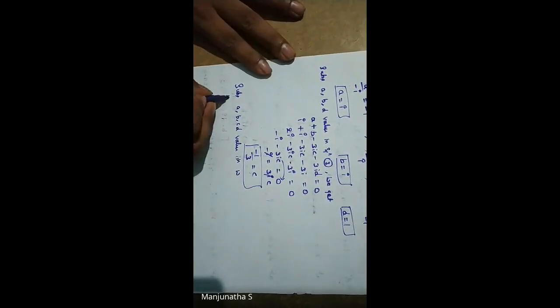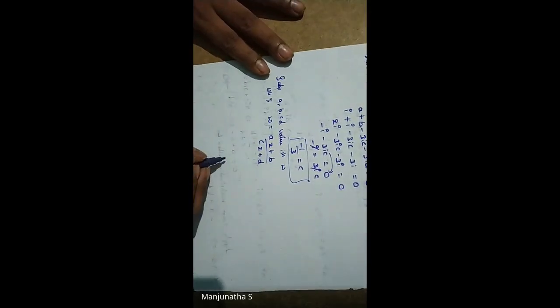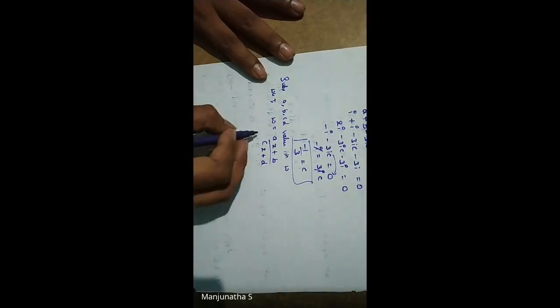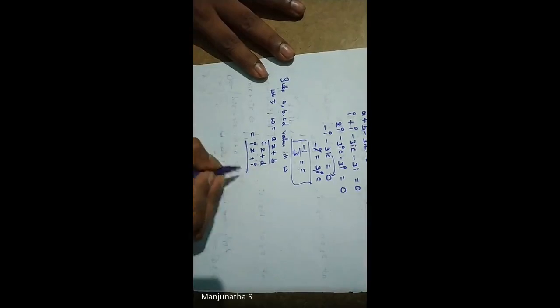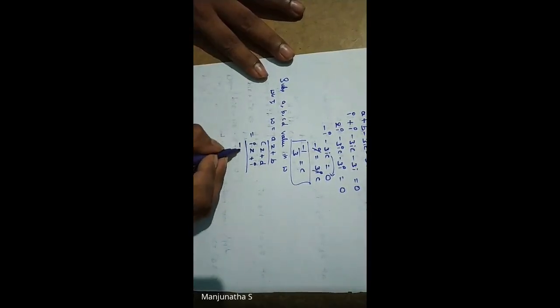So substitute the a, b, c, d values in w. So we know that w is equal to az plus b divided by cz plus d. Correct? az plus b divided by cz plus d. So what is the a value? The a value is i. So it is iz. The b value is i. So we'll write i divided by the c value, which is minus 1 by 3. So it is minus z by 3. Correct. The c value is minus 1 by 3.